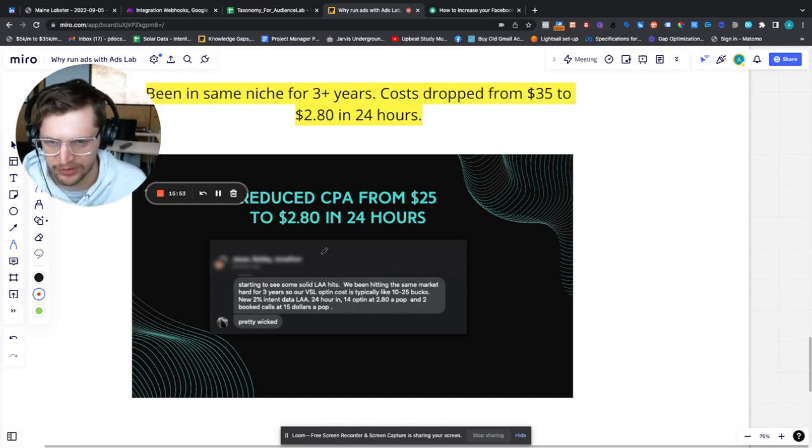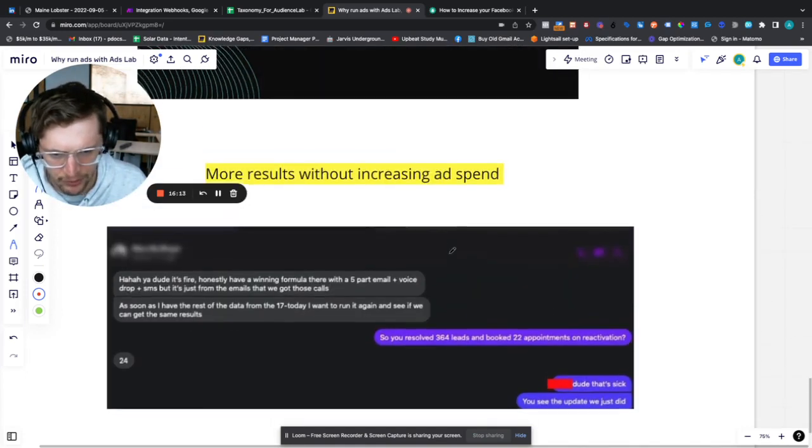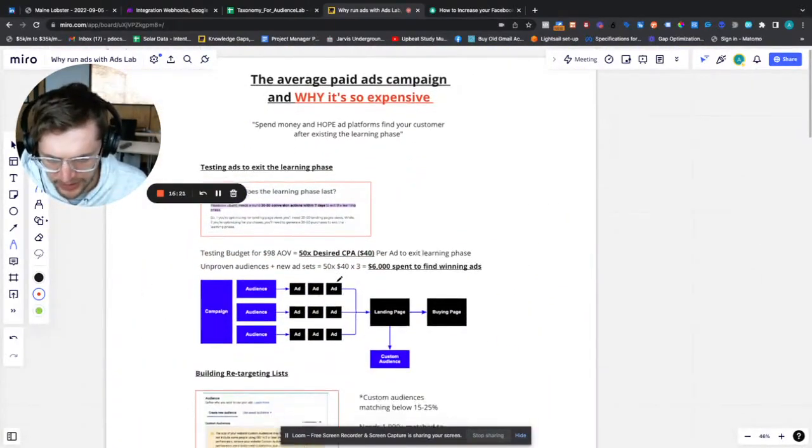And it scaled. It wasn't this little $5 ad set that you scale and then it just dies and it's a fluke, right? Increasing results without extra ad spend because you're feeding more data into your ad account and you're building a feedback loop. Okay, this guy was able to get 24 extra appointments just using the pixel, and he was doing a retargeting campaign here as well. So that's just it, guys. That's what I want to start teaching you.